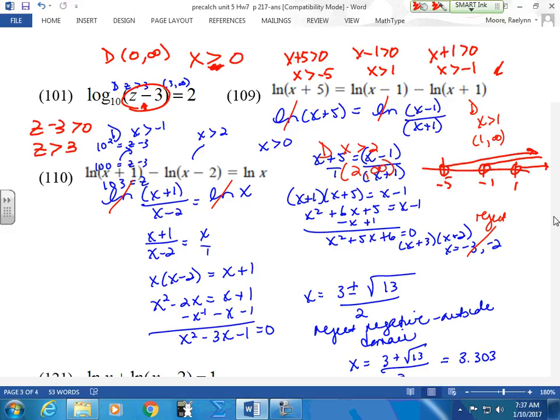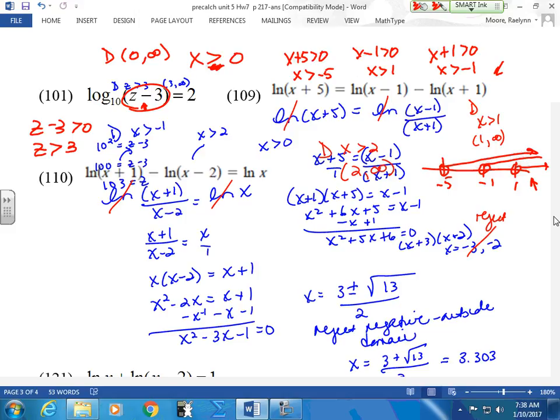X is greater than 1. It has to be this one. Because if I use a -1 in here, what happens to me? I get a -2, right? I can't do this one. If I use a -5 in here, can't do it. If I use a -1 in here, there's my 0. So